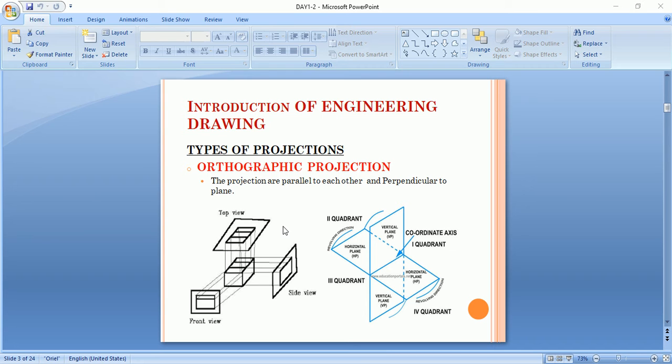It has to be noted that for drawings only first and third quadrant projections or methods are used.